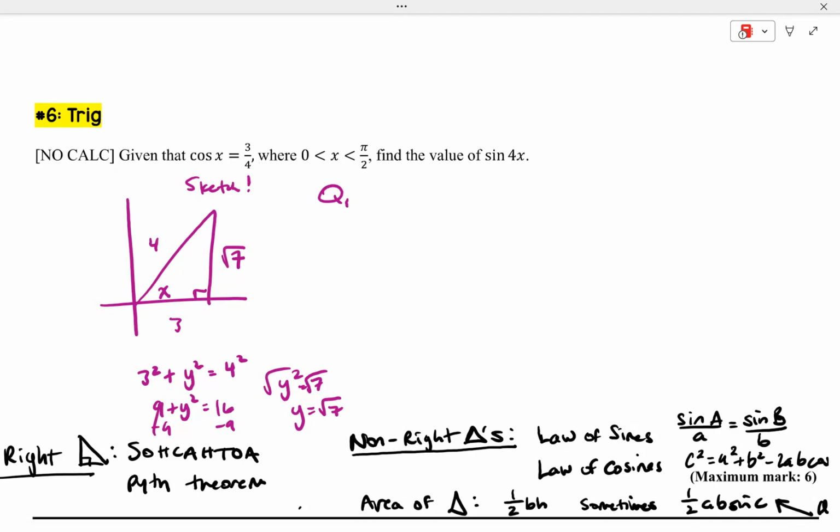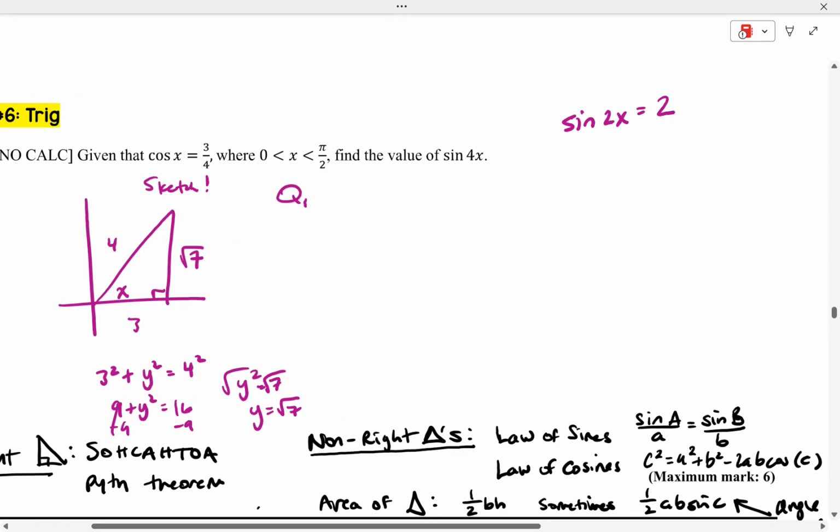Okay, now this triangle is used to find all the trig ratios that I need in order to find the sine of 4x, okay? So let's match the structure here, right? I know that when I have the sine of 2x, what happens when I write it out? A 2 comes out front, and then I cut the angle in half, right? So if that's a structure I follow when I'm doubling an angle, and it's sine, what would happen with the sine of 4x? Well, I put a 2 out front, and then I cut the angle in half,